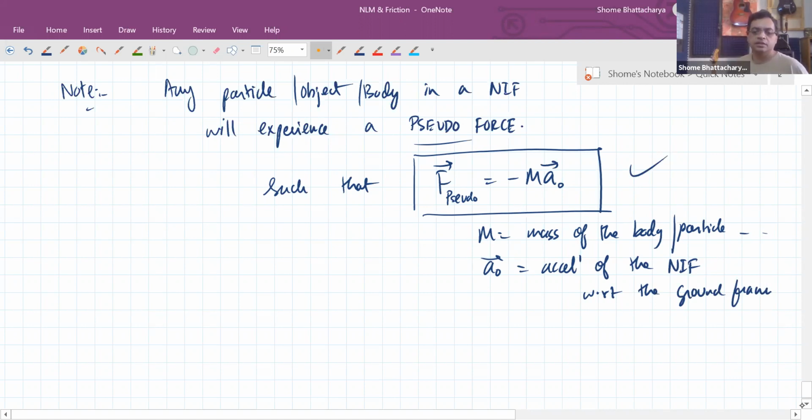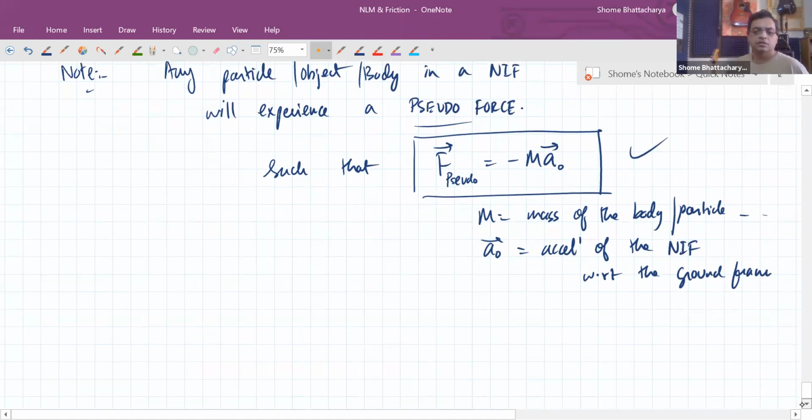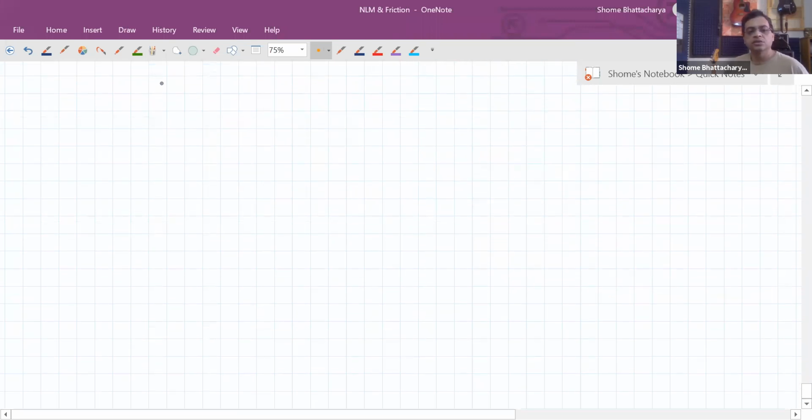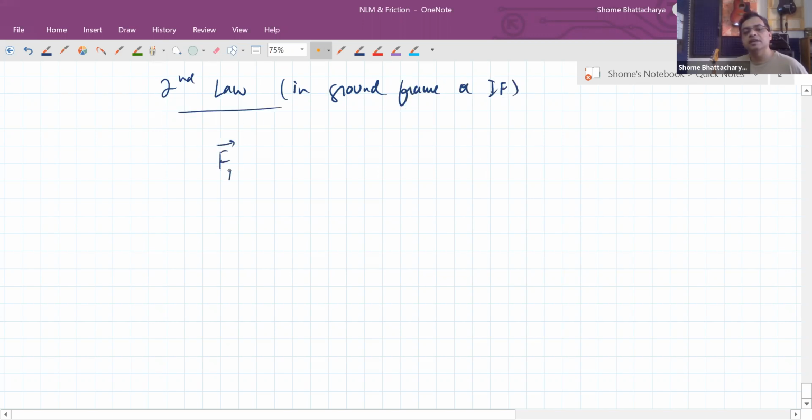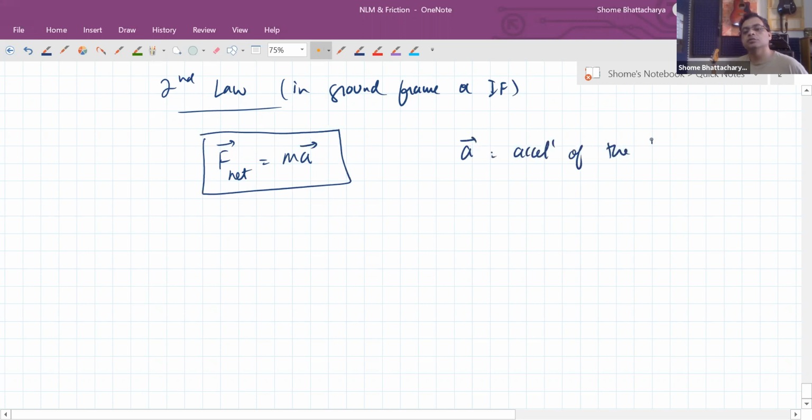It's very simple, really. If you look at Newton's second law in the ground frame or inertial frame, for a body of fixed mass, the net force acting on the body is equal to mass into acceleration, where a is the acceleration of the body with respect to the ground. Okay. Now suppose we have a